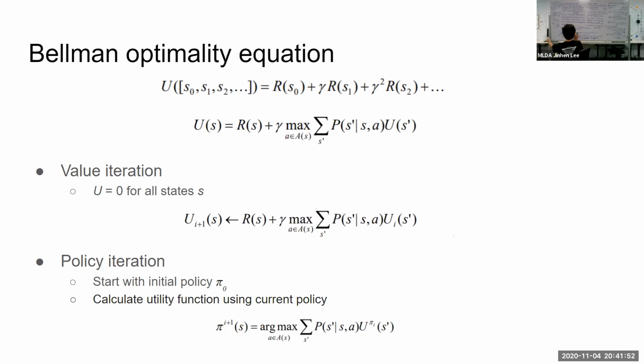Okay, what if we go left? If we go left, then we'll have 0.8 going left, and then we'll take this cell and remain at the same spot. So it's U1 of 12 plus 0.1 of going down or up. So U of if you go up, and this one is if you go down.